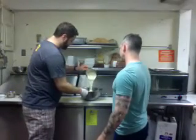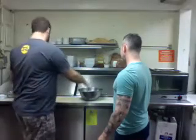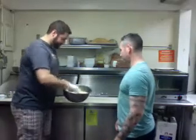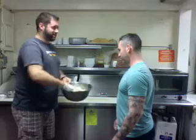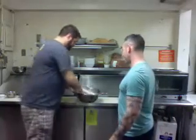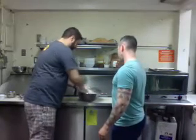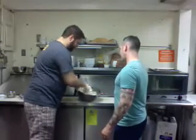So our tater tot goo, with the flour and everything in there, really gives it that lovely white slime consistency. I don't know, that's really not an attractive way to be talking about that. That's really what it is. That's neat. That's kind of crazy. I mean, it's one of those things that's relatively easy to make. It just has a lot of stupid little...